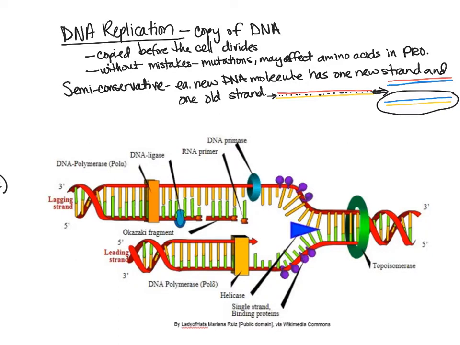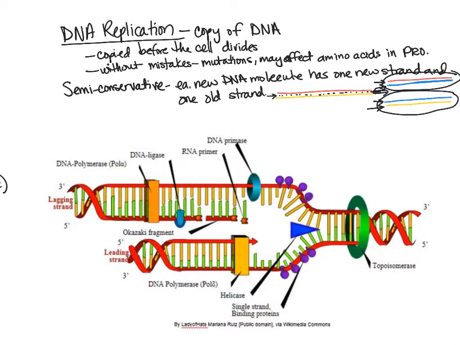And so then what we have here is that in our DNA, we now have copies. We have one DNA strand here, one DNA strand here. They both contain the exact same information, but each one has one of the old strands, so the yellow strand and the red strand, and each one has a new strand, a blue strand and a blue strand. So this is what is meant by semi-conservative. It's conserving some of the old strands, but it's semi-conservative. It's not maintaining all the old strands.